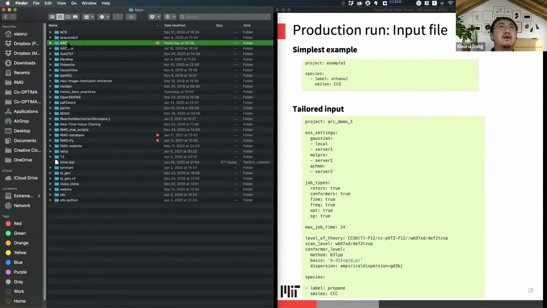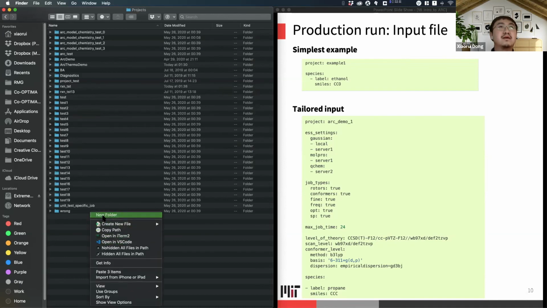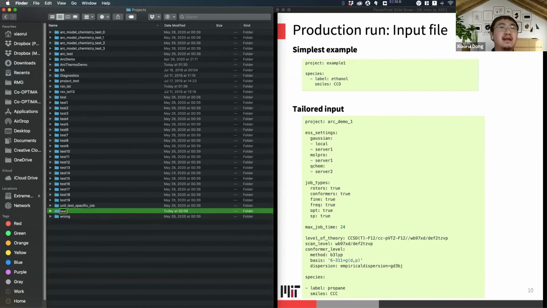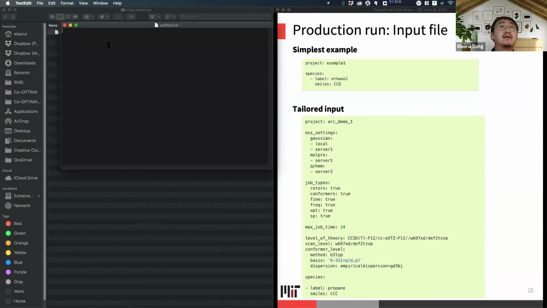Let's go to the Arc folder, maybe in the projects. So let's do another one, maybe called test. Let's just call it RMG workshop since it is designed for that. So let me do that. So we can simply do project